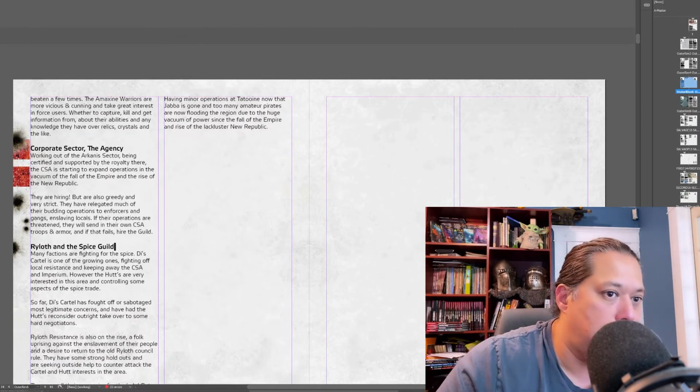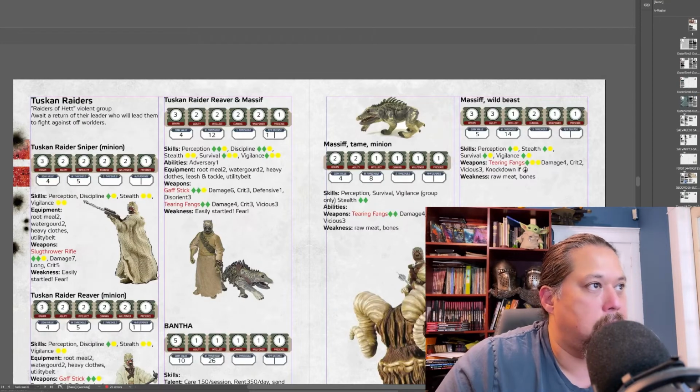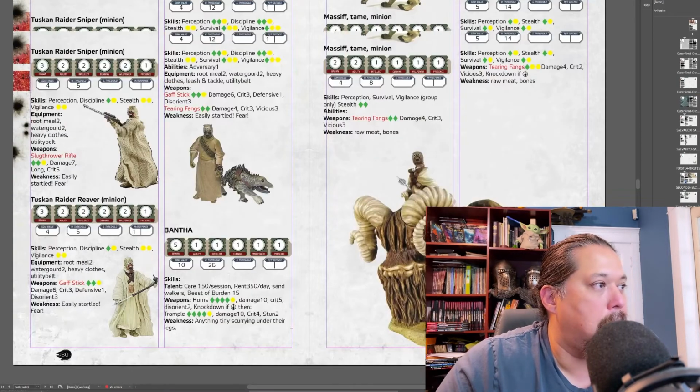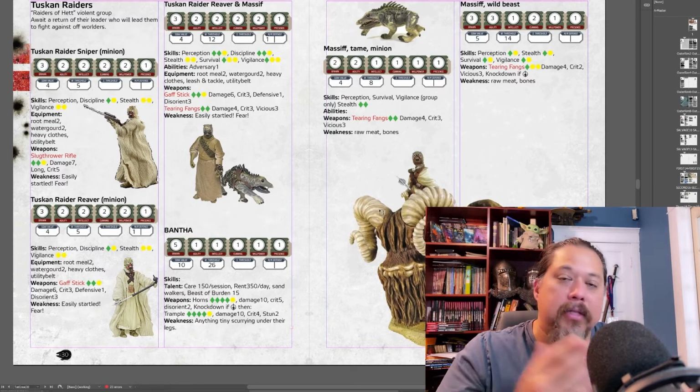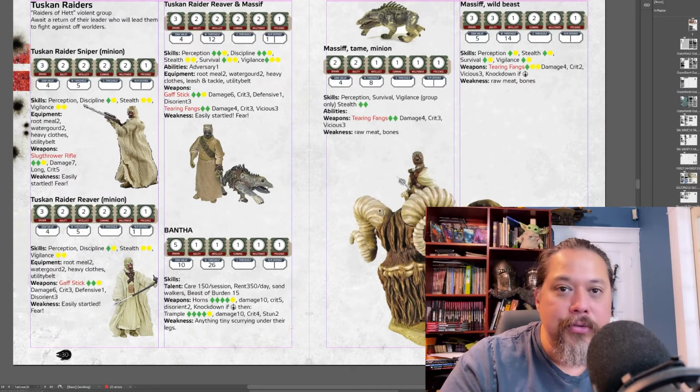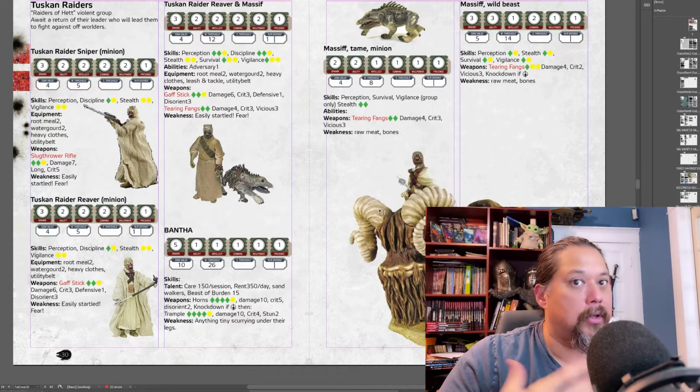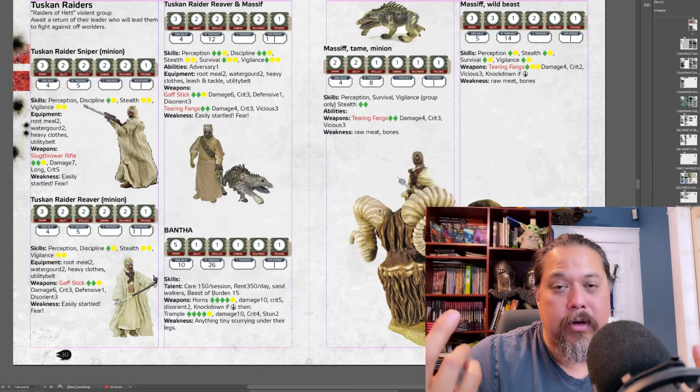And I want to show you, here I put together the raiders because the players are dealing with them right now. I made some good ones that want to be peaceful, just like in The Mandalorian, but there are some bad ones who want to follow, and I discovered